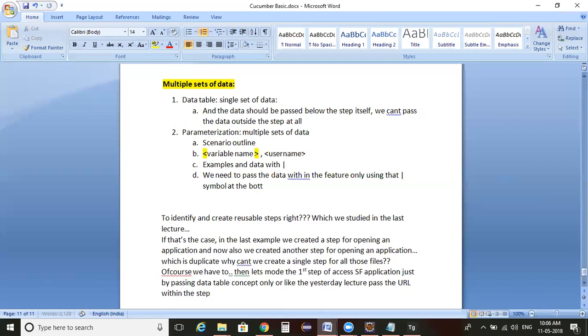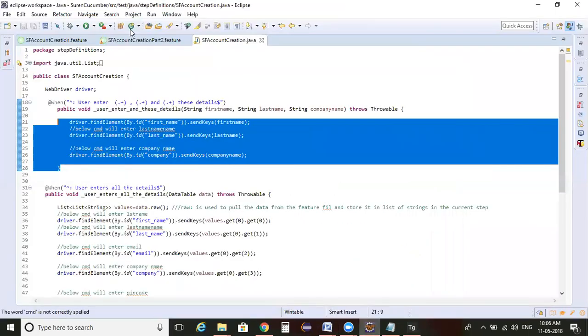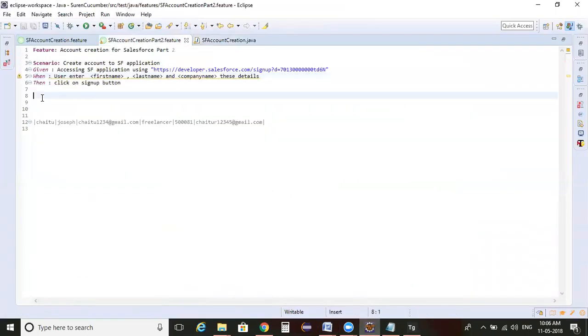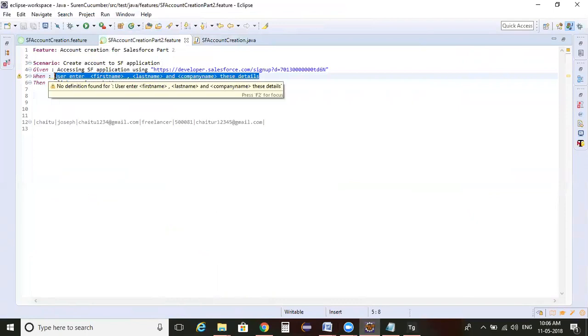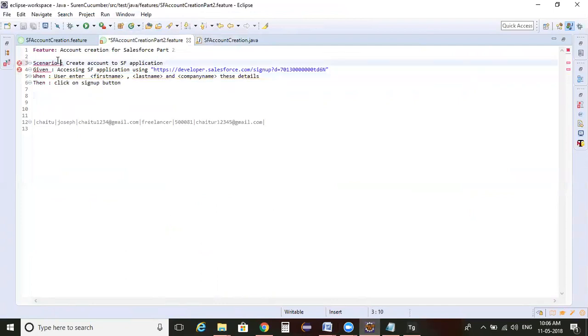at the bottom of the feature file. Okay, great. Here I need to pass it in a feature file. But one small thing is, whenever we are declaring these kinds of keywords in such scenarios, it's not going to be a scenario, it's going to be a scenario outline.